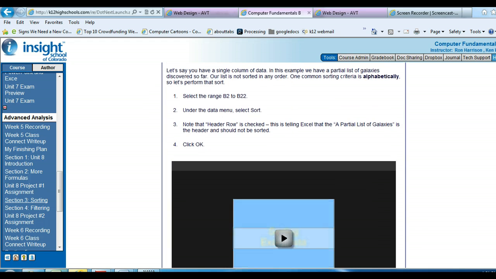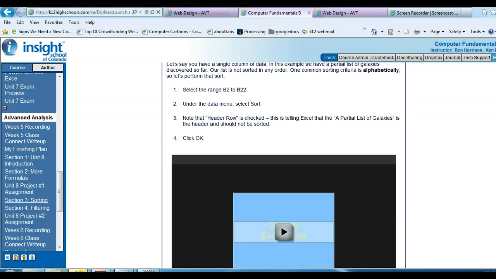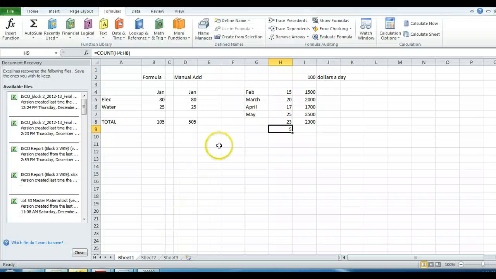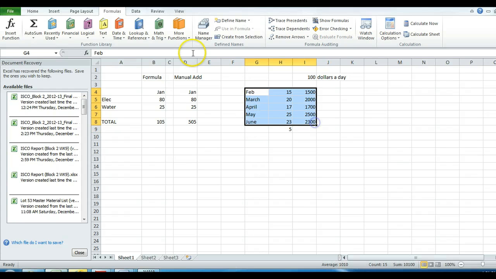Now to sort on a single column, watch this video. Here's an example, and all you do is just highlight and then do a sort. So if I go back to my information, maybe I want to figure out the months that I made the most in. So let's put June right here. I'm going to go right here, and then I'll hit